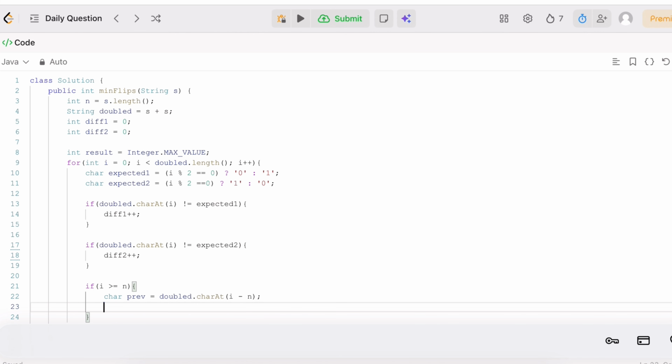So you will find the previous one. It means we have to find the previous expected on the current expected, right? We'll say char, and let's call this previous expected one. If it is equal to, let's call I minus n, and if this is having